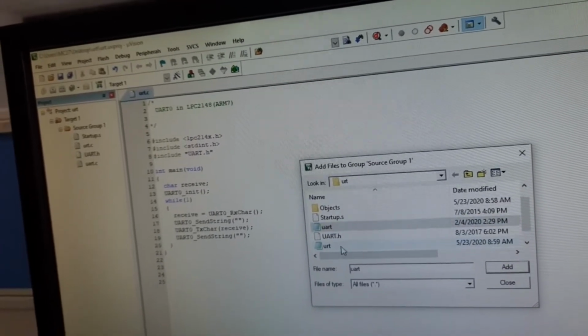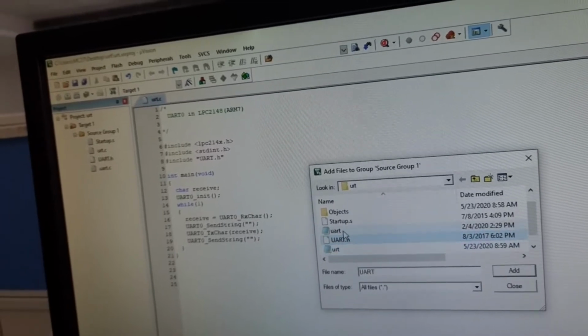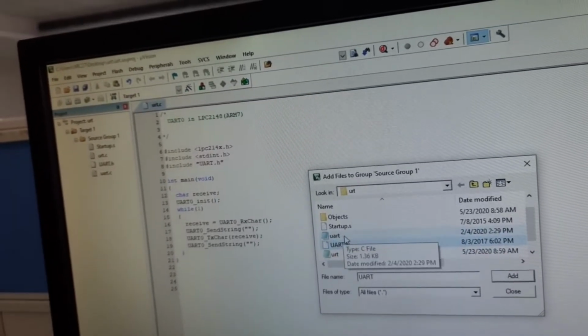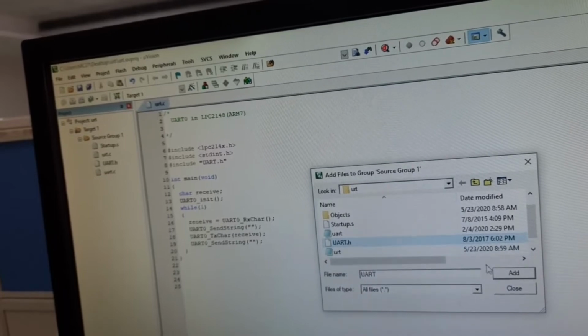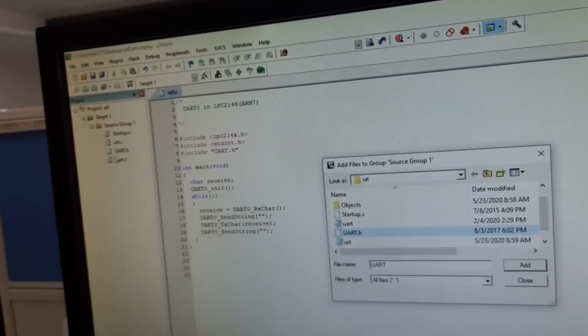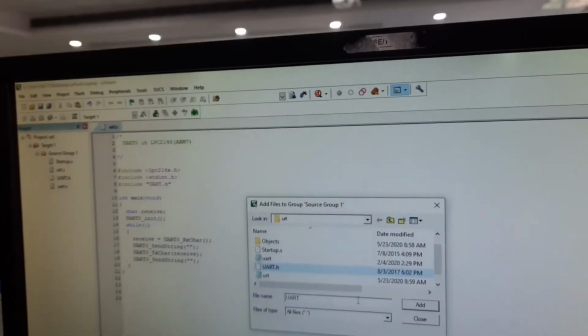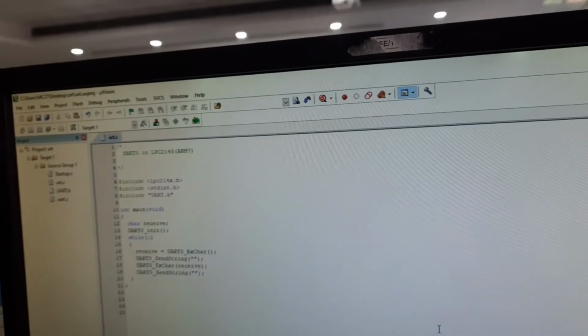So your program is UART, and these are the two default programs related to UART. Once you have added them, verify that the programs are added in source group 1, then you can close this.